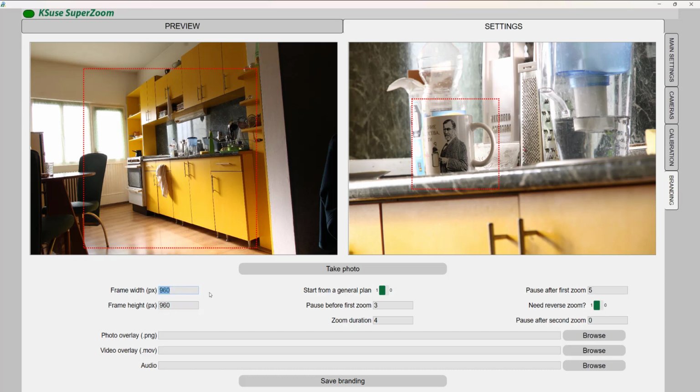Here I can adjust the frame size of the final video. 1080 by 1080. I choose where I will start the video, from a close-up or from a general plan. Pause during which the first picture will be displayed and the duration of the zoom.